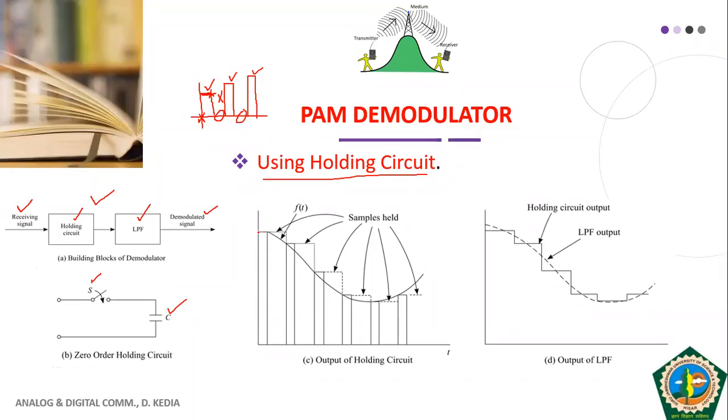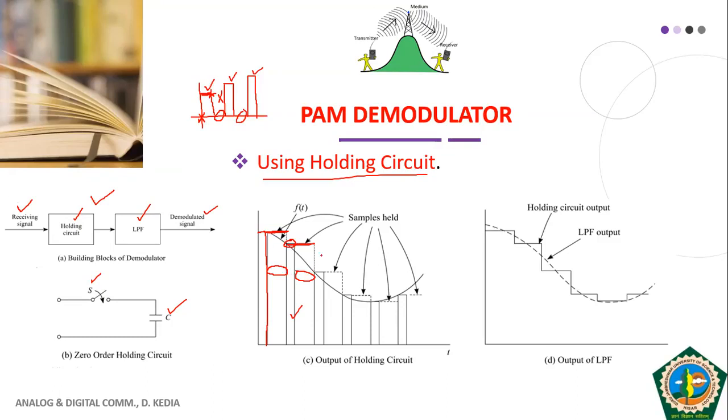So what do we get? This was the pulse for which our pulse exists, and this is the gap between the two pulses. During the gap, your capacitor, or the holding circuit, holds the value of voltage. Then after that a new pulse comes. Whenever a new pulse comes, your capacitor charges to the new voltage value of the pulse. So your capacitor attains this value. Then during the gap period, your capacitor or holding circuit holds the value that it has obtained during the pulse.